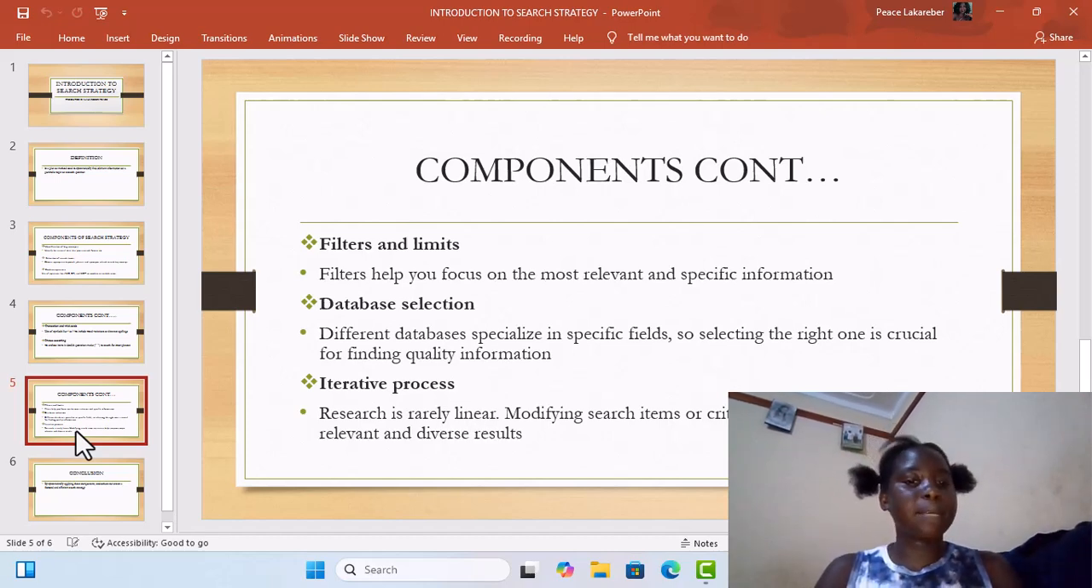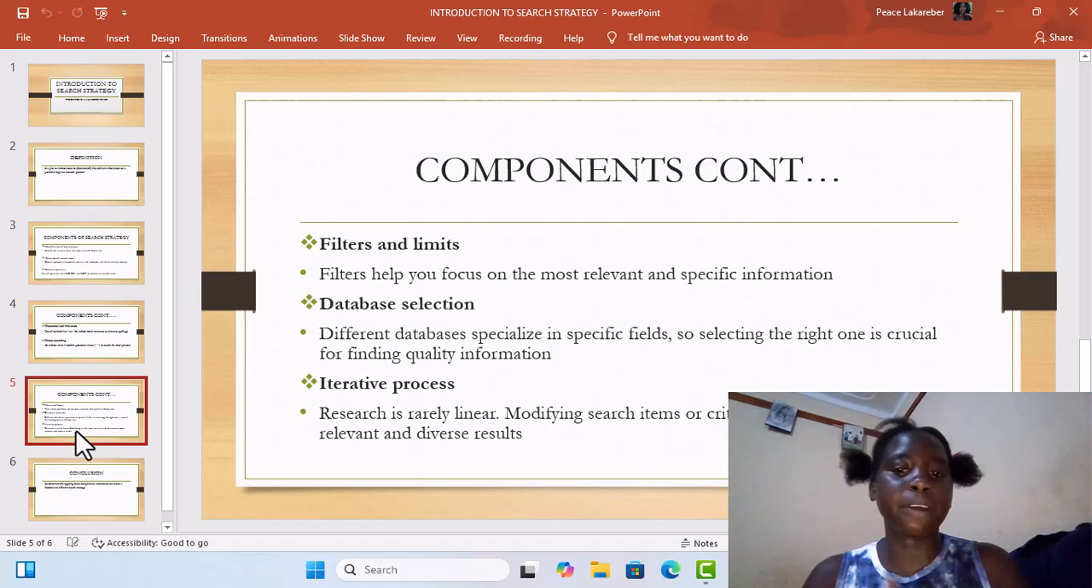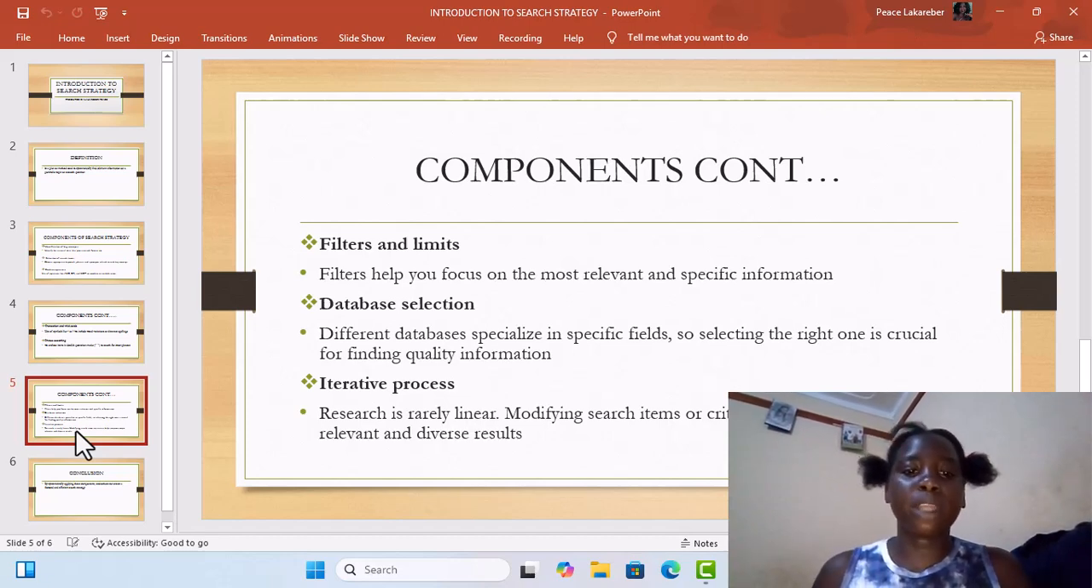And then database selection, like for example different databases specialize on specific fields, so selecting the right database, the right one, is crucial for finding quality information. For example, we have the ebooks, we have the Google Scholars. Those are examples of information sources like databases. And then the last one is